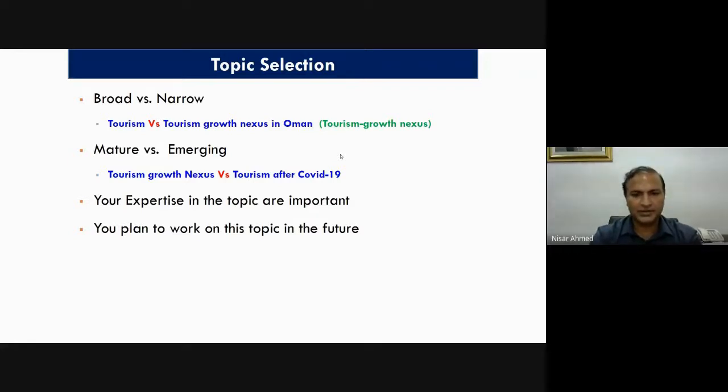Because if you are just doing a literature review and then you are not going to use it for the future work, then it's a lot of effort involved in it. So it's better to select a topic in which you have plans to work in the future. And especially this is very important if you are a PhD student or if you are starting a research on